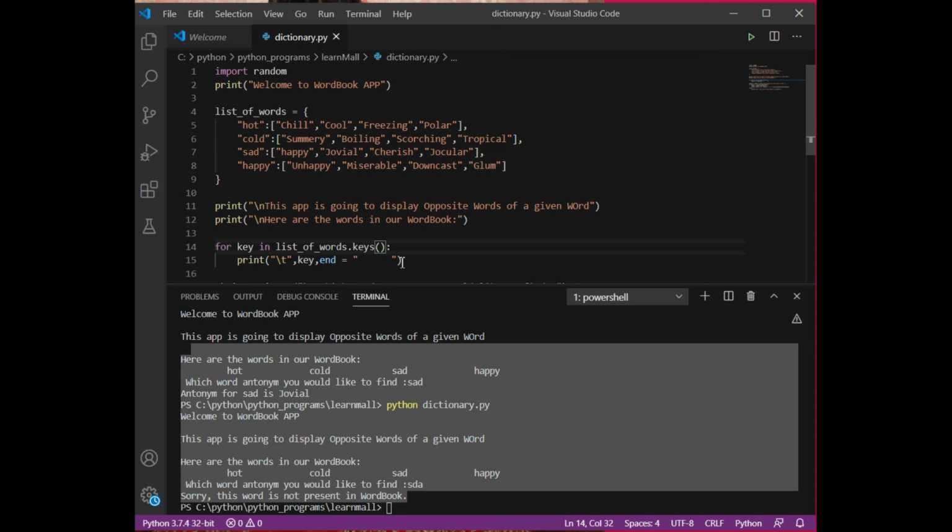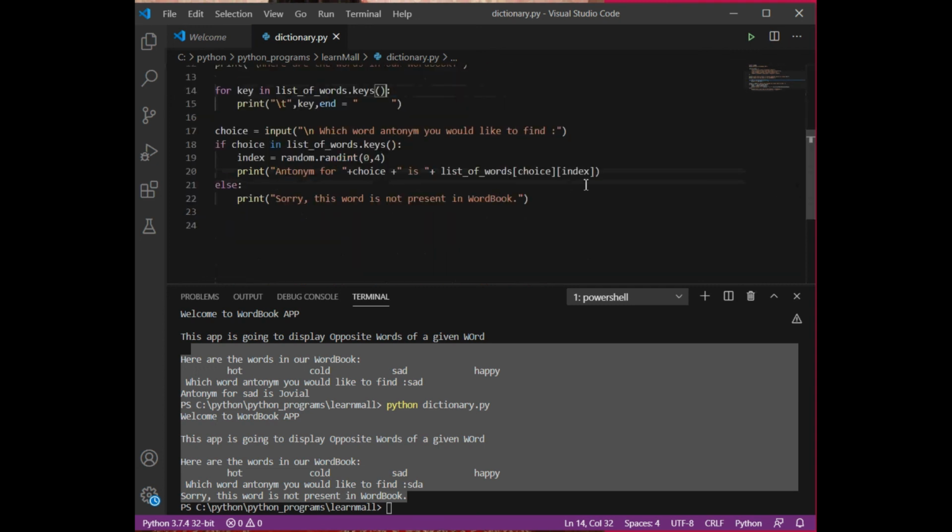Suppose the user says I want to find out the meaning of the word, then you will execute one particular function, one particular statement according to that requirement, like we have written this if statement. In that case you are going to execute the if statement corresponding to the meanings.